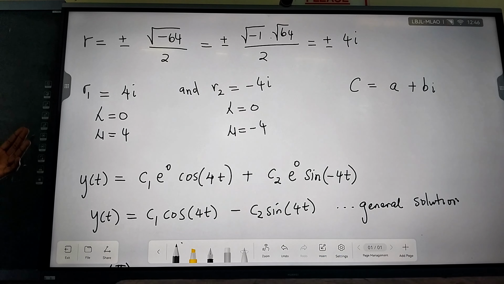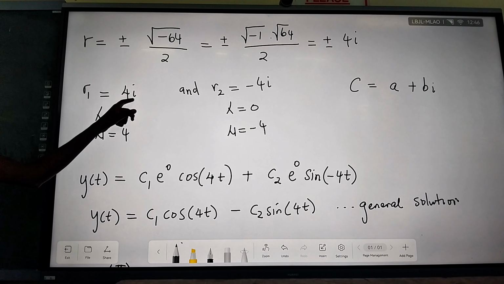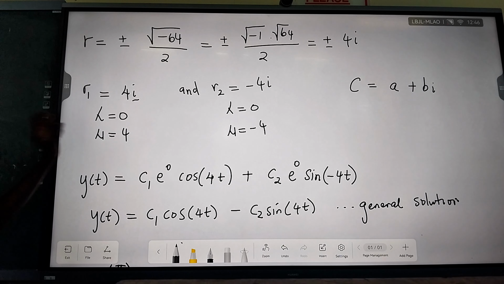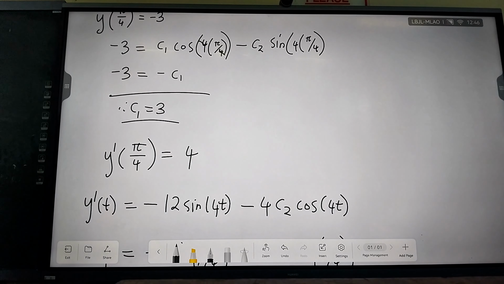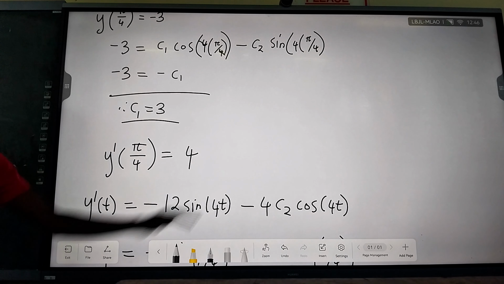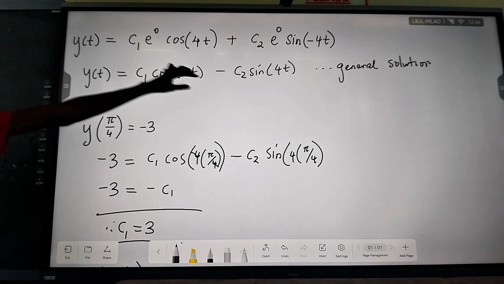Sayabona ngisho. Yes. I-real part is just a real number. Imaginary part is multiplied by ubani? U-I. U-lambda is the real part, so u-0 in this case. And then mu it is u4, which is the what? The part multiplied by any imaginary number. Then you substitute that into your equation. That's the general solution. If they give you some initial condition, you substitute it. If they give you initial condition for the derivative, you first find the derivative of this, then you substitute the initial condition until you get the answer.